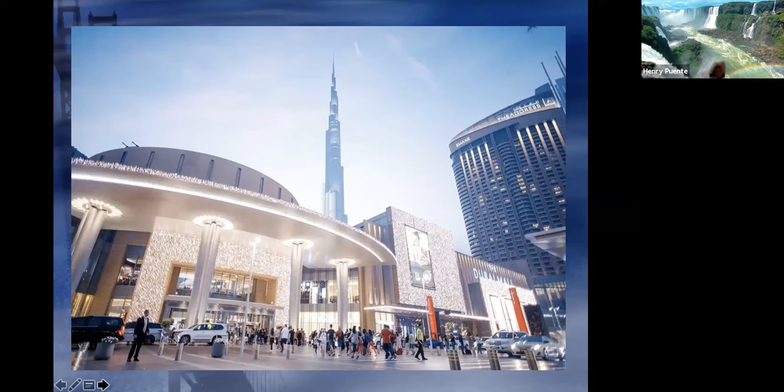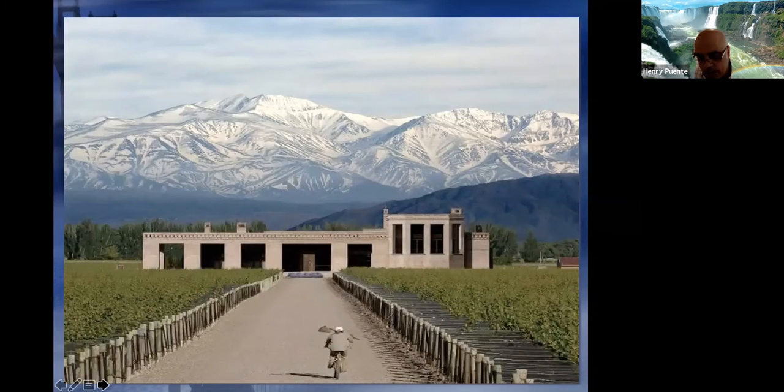And so if you think about shopping, for instance, the building that you see behind, by the way, is the tallest building in the world. I think that's the, I can't pronounce the name. Khalifa, something like that. I'm totally mispronouncing the name, but that happens to also be the tallest building in the world, if you're curious. And also, if you think about casinos, wineries or restaurants, they are also a form of tourism.